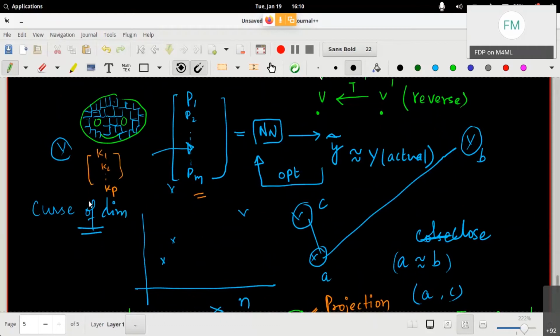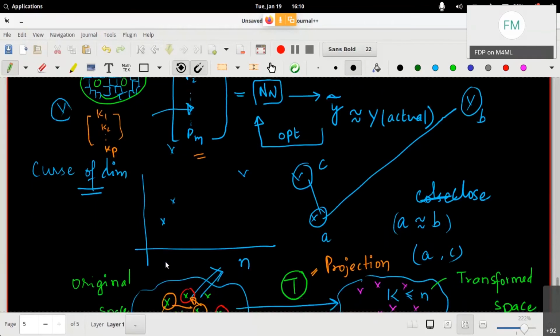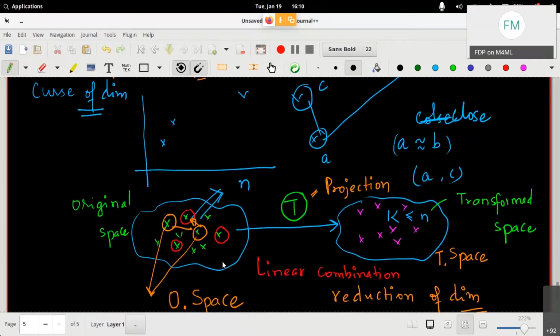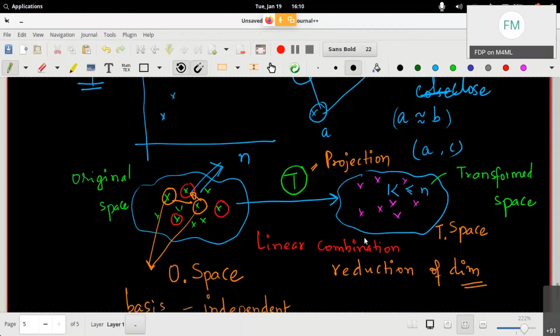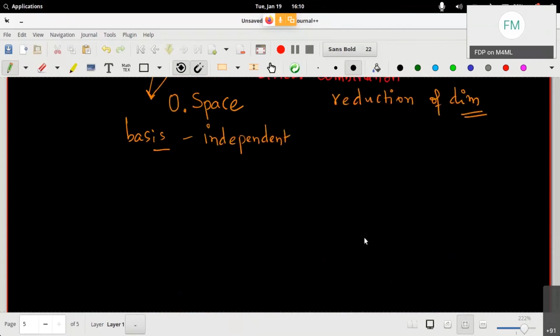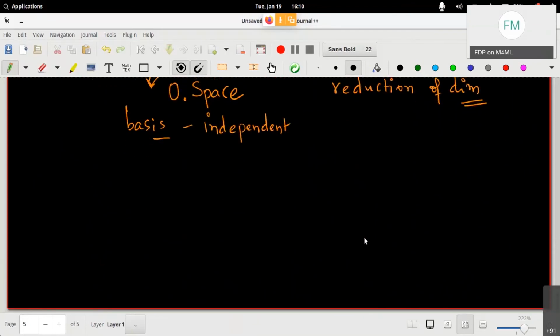So what essentially we are doing is we are trying to remove those redundant vectors, which are linear combinations of the others, which are making your solutions go out of the space. Now, how do we do it? We try to project those vectors onto this space and make sure that you have a solution. Right? So that's your transformation. So this is one part of transformation. So from here,